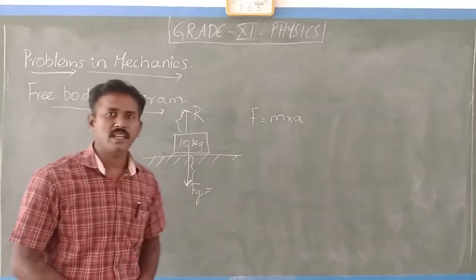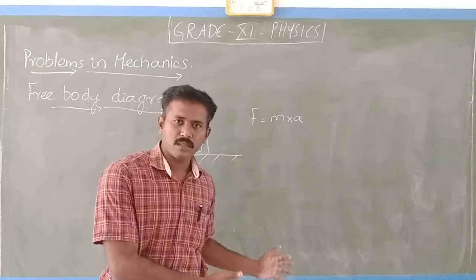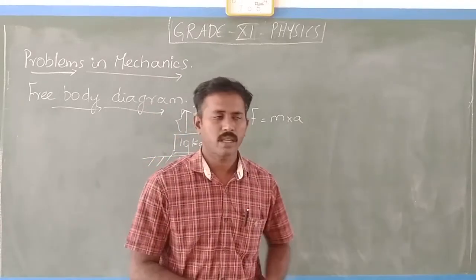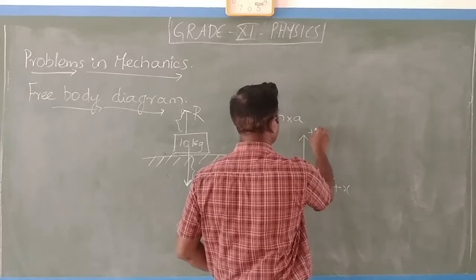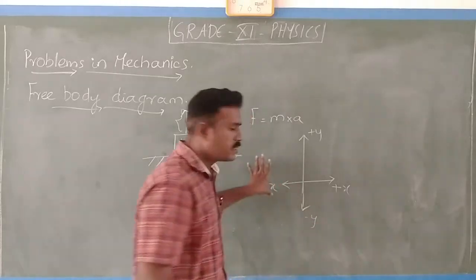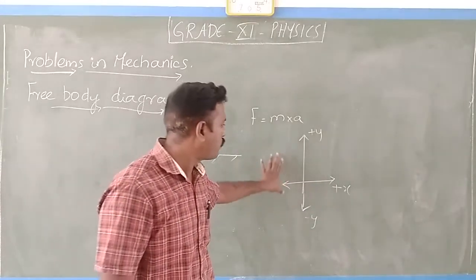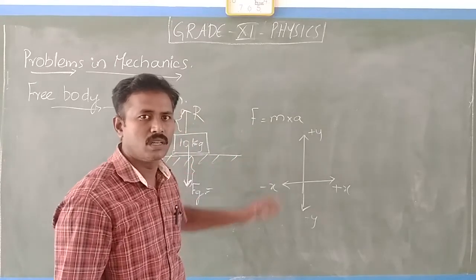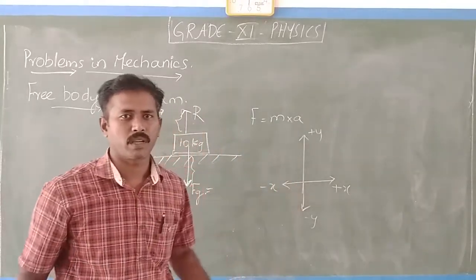So when you are considering the axes for analyzing this type of concept, you will be considering two dimensions, the x-axis and y-axis. Okay, so this is positive x, this is positive y. When it is downward, that is negative y. You should be capable of applying this axis diagram correctly in all places. Wherever you are dealing with forces, you should draw these axes and analyze.